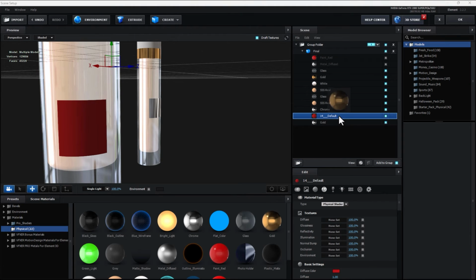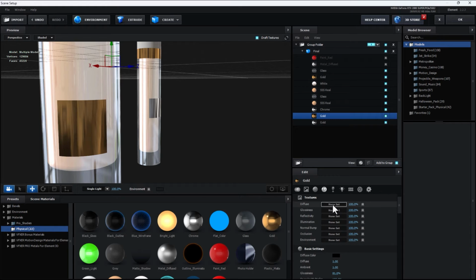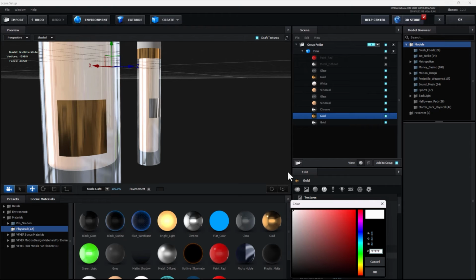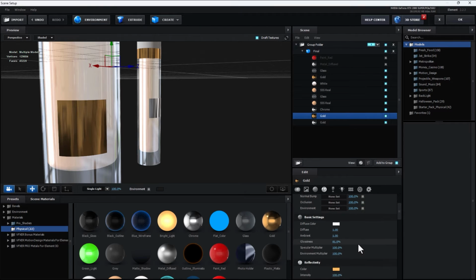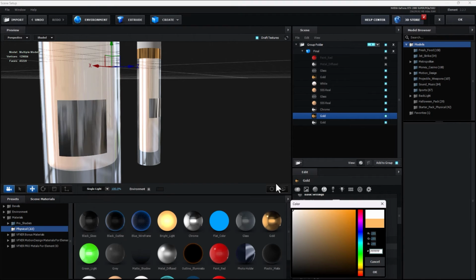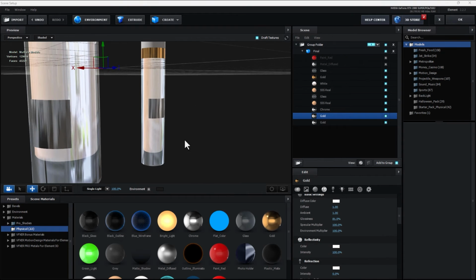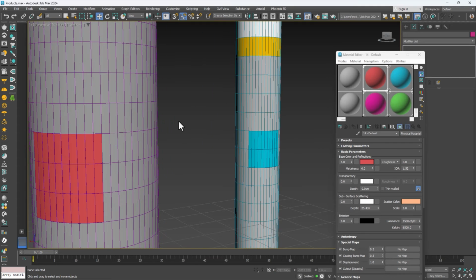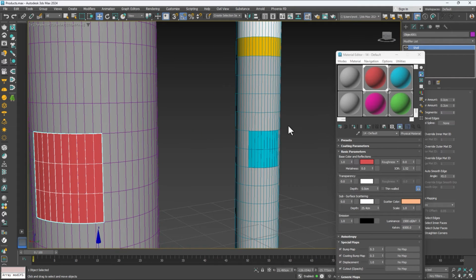Let's check another one. Select texture. Let's select logo. Change to white color and change this one to white color. There's a little bit of a problem because we must apply UVW map material here. The first